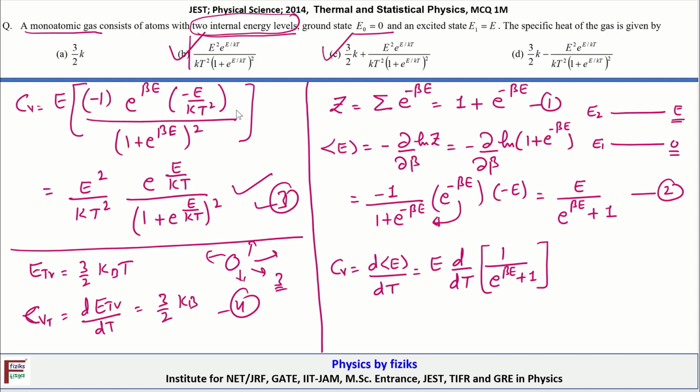So again I'm repeating why we are concluding option C to be the correct answer here, because the monatomic gas molecule has not only its internal energy structure, but also its translational motion. So the first term arises from its translational motion, and the second term arises due to its internal energy structure. So therefore option C is correct here. Please note it.